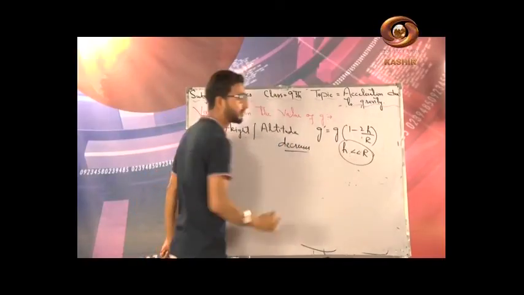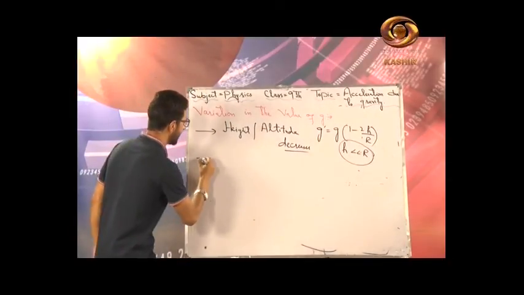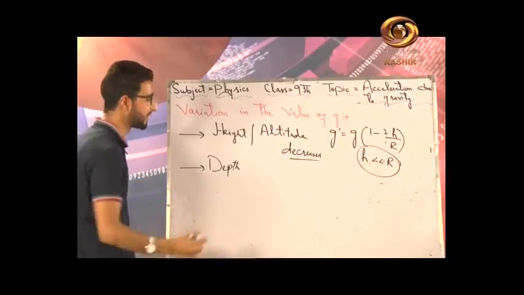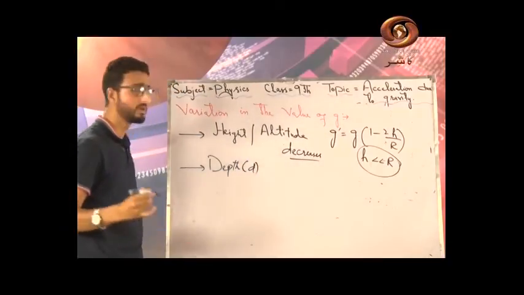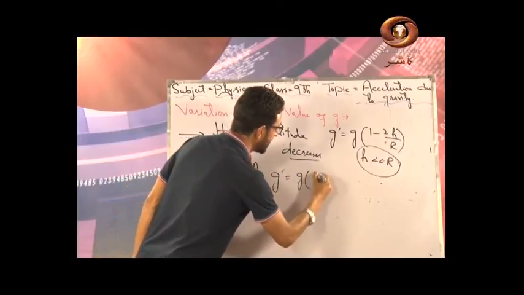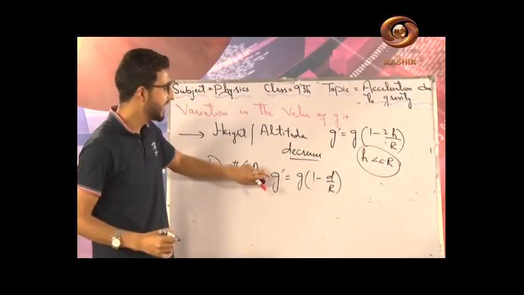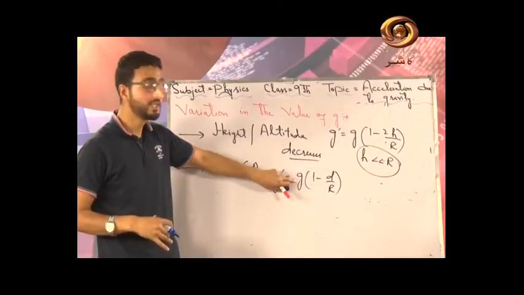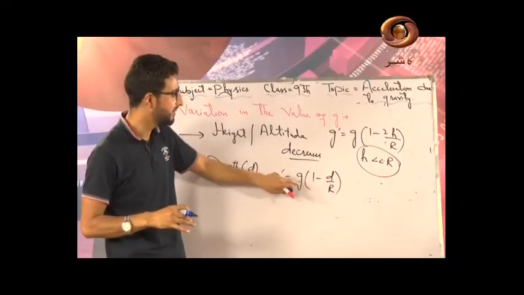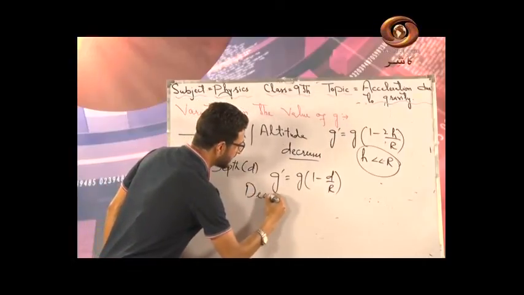right. Number 2, the factor upon which acceleration due to gravity depends is depth below the surface of earth, so it changes with the depth, that is small d, that is depth below the surface of earth, and let me write the expression g prime is equal to g into 1 minus d by r. And one more thing, g prime is acceleration due to gravity at some depth, g is acceleration due to gravity on or near the surface of earth, so g prime is less than g, you can clearly see it, so acceleration due to gravity with depth also decreases, okay.